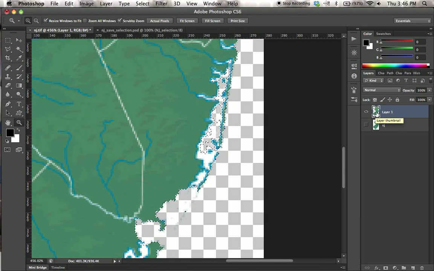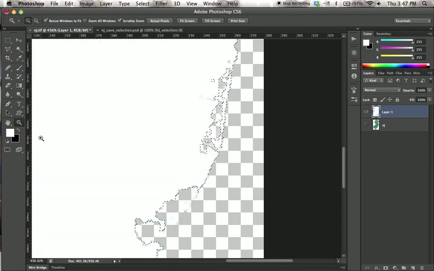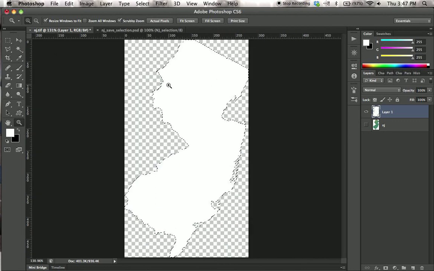command click the layer that's fully selected. And what I want you to do is to switch these. So you want to fill that entire state with white. To switch it, you can just hit the X key. It switches this back and forth. Really handy. You can paint also in white if you mess up. I'll show you that. So what I want you to see is I want you to fill the state with